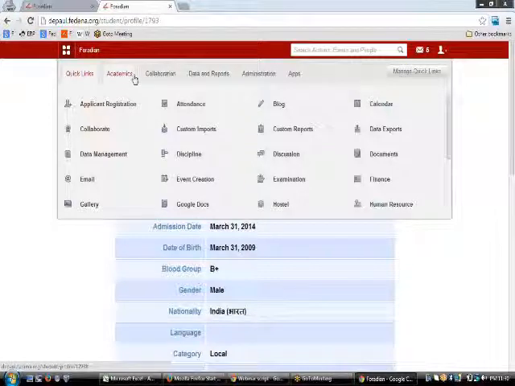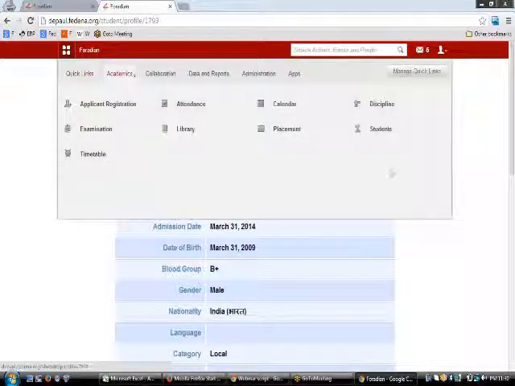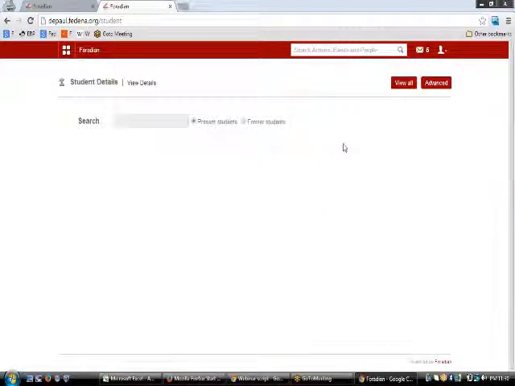Having admitted all the students into the application, the next step would be to fetch data regarding the same. To fetch data, again you need to go to the student details from the students link in the academics tab, and then just click on the name of the student.